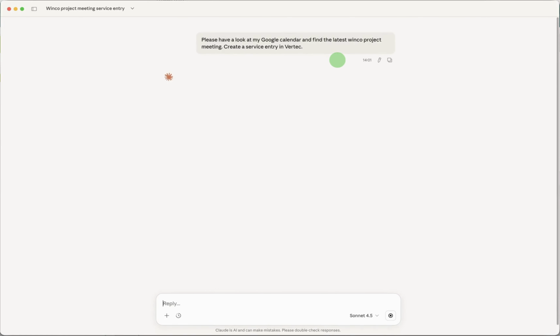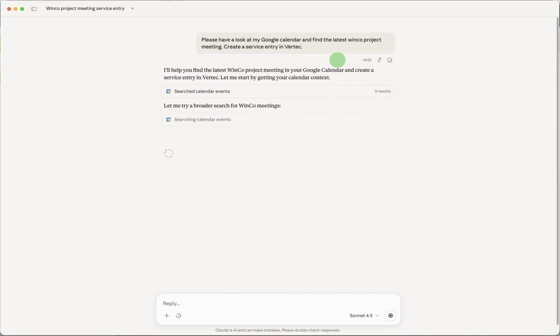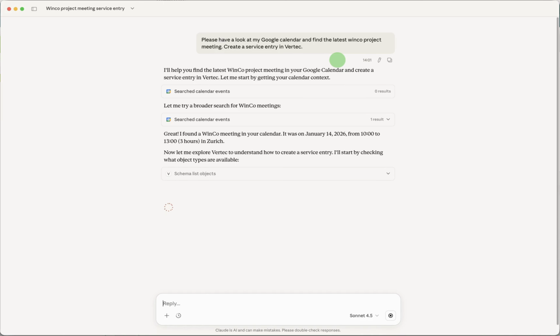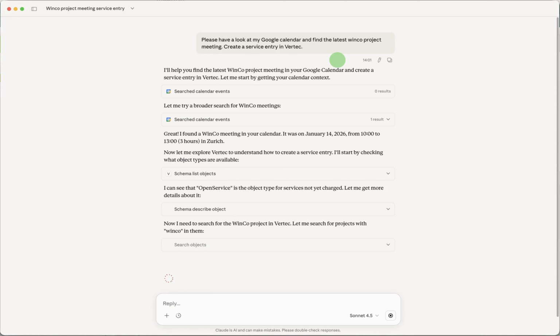Alright, so the AI client will now connect to two services, one being my Google Calendar, trying to look up the meeting. Hopefully it'll find the meeting. Oh, there it is. Yeah, January 14th, 10 to 1, 3 hours. And if things go according to plan, we should see a service entry in Vertec without touching Vertec.